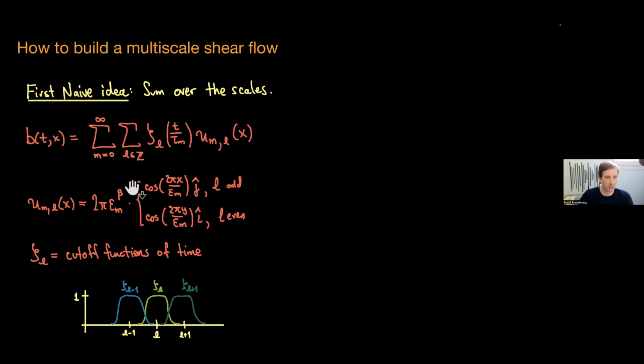When L is even on those time intervals, I have them in the x direction and otherwise in the y direction. And I make these be cutoff functions of time. So you see they look like this. They add to 1, but the cutoff functions make the vertical and horizontal shears turn on and off. This is essentially the first idea: you just add the shears together. Okay, this does not work.